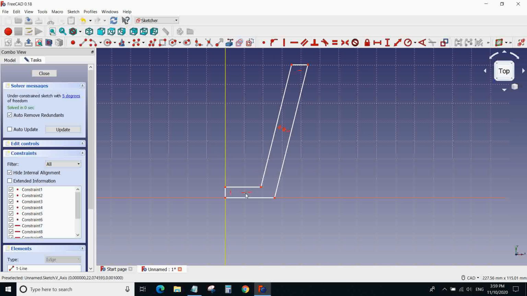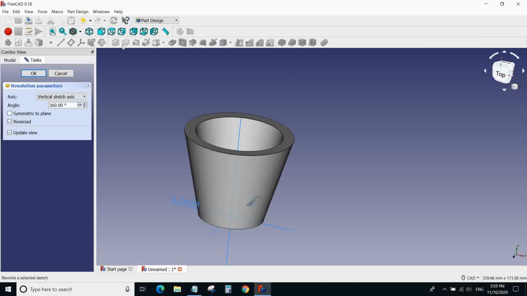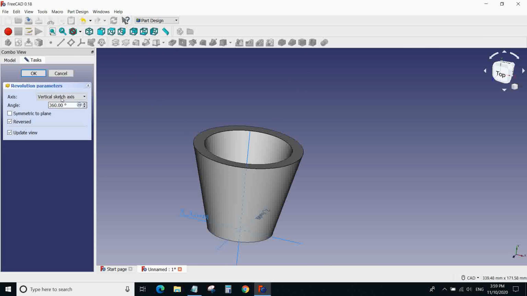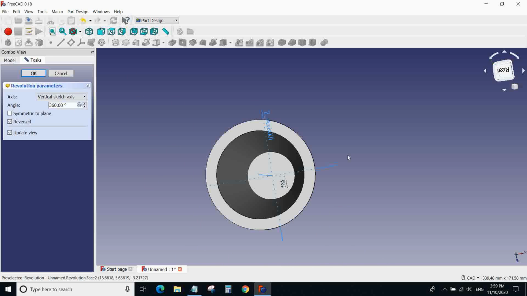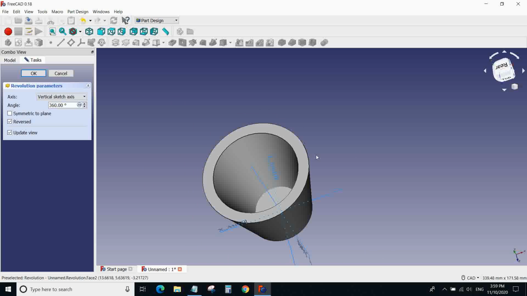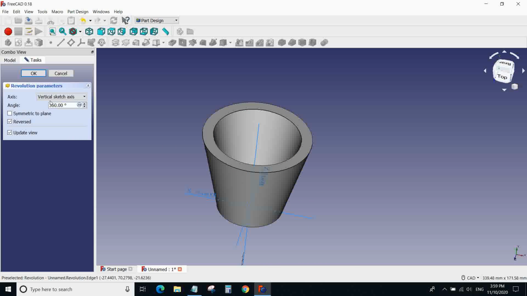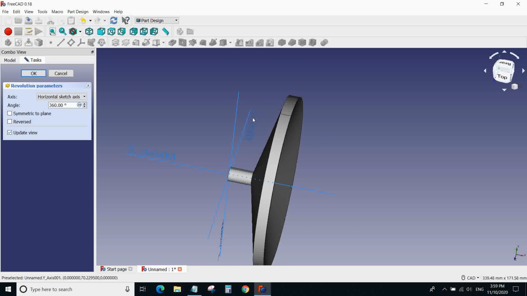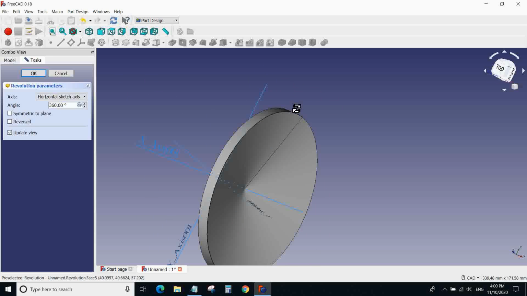But see, if we could revolve around this axis, it's going to give us a different shape. So hit close, revolve selected sketch. See, now it's revolving around the z-axis, which is what we'd like to do, because now it is cup shaped. It took that cross section of a sketch and revolved it around the axis that we selected. So we selected the vertical axis, but if we select the horizontal axis, it basically takes the profile that we made and revolves it around the horizontal axis of our sketch. And it gives us this